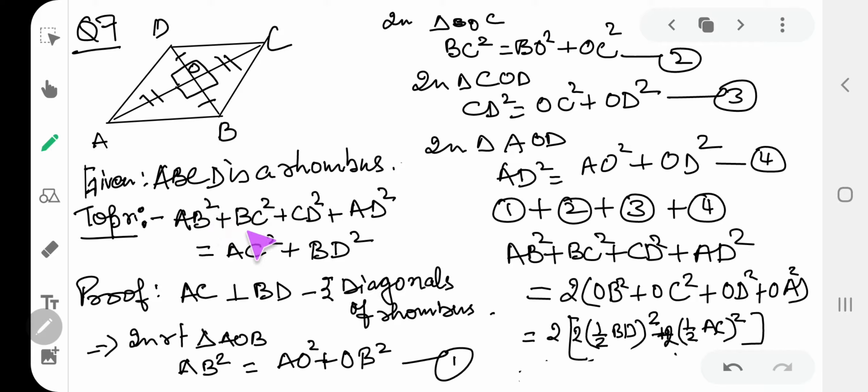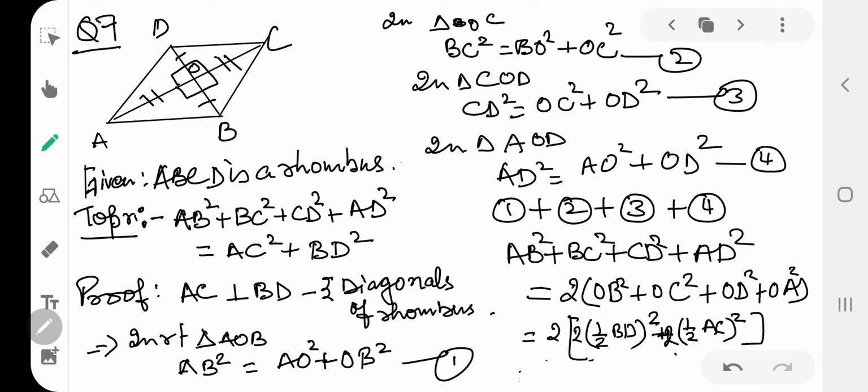As square is there on left hand and right hand both. And if you want to apply Pythagoras theorem, triangle should be a right angle triangle. You know it is a rhombus, and diagonals of rhombus are perpendicular on each other. Therefore, all these small triangles are right angle triangle. One by one, I will apply Pythagoras theorem in these triangles.